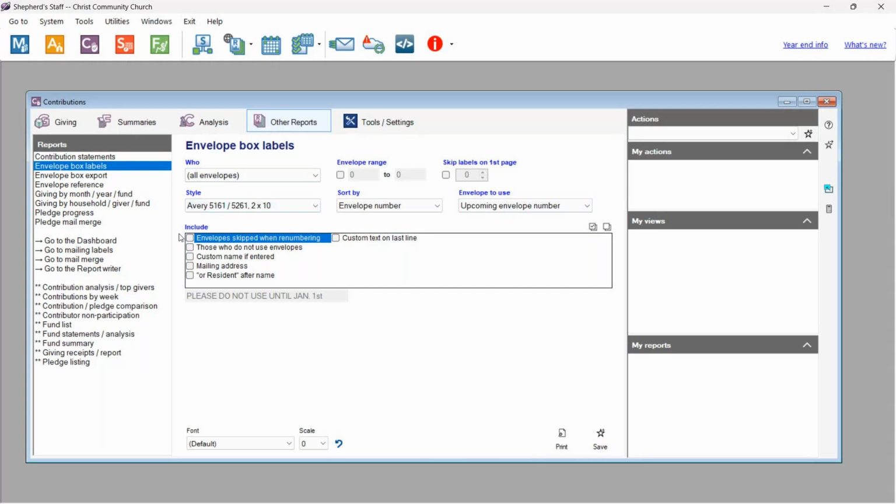As you see here, we've got a few options we can choose when printing these out, but you'll also want to choose the style of your labels. So we've got Avery 5161 or 5160, and we'll do just Avery 5160 3x10. And then if we click print here,